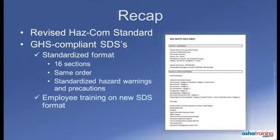Also, employers must provide training for affected workers so they can find and understand the information that appears on safety data sheets. If you have any questions about the GHS format for safety data sheets or about the hazards of any of the products you work with,